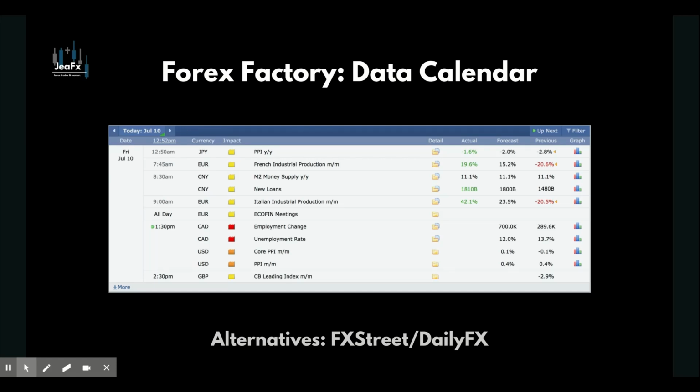We will be doing a video after this to finalize the chapter, just to show you how to use these different resources, okay? So I will show you how to use Forex Factory, how you can filter it to the best of your abilities and to the advantage of your personal trading and the currencies and the commodities that you trade.